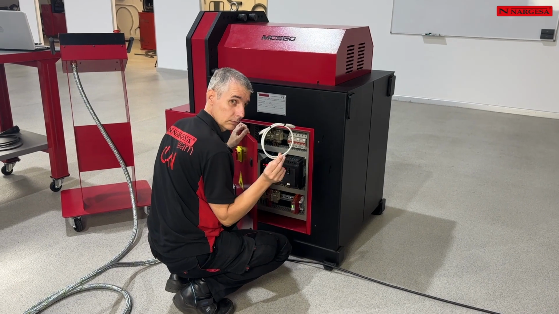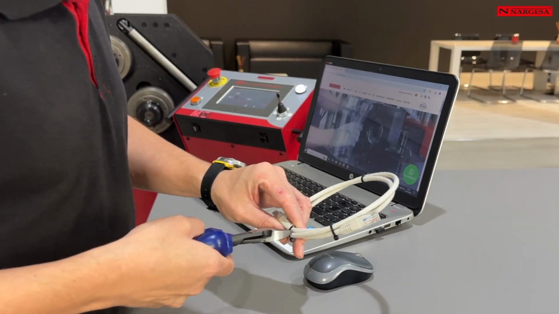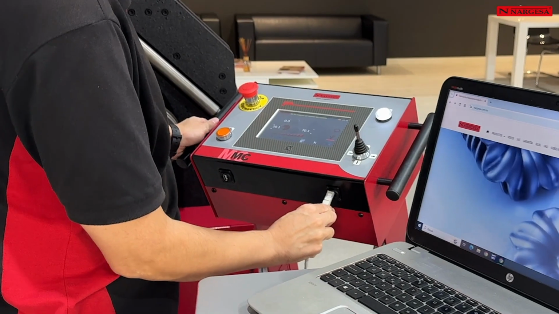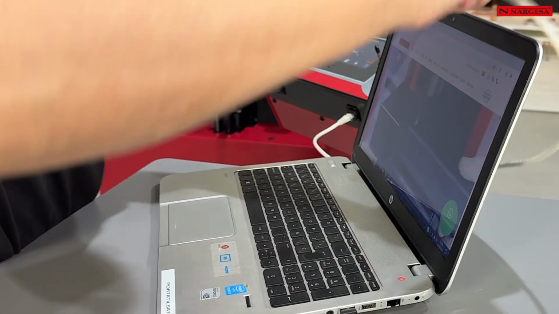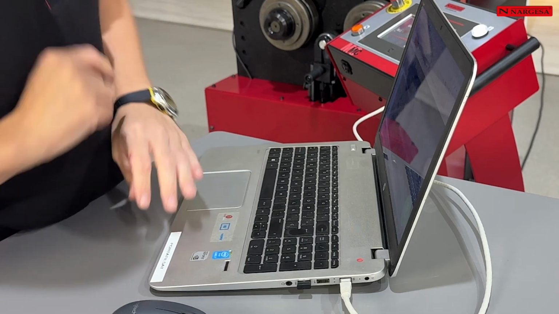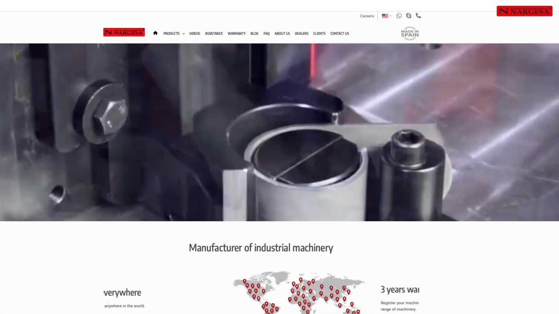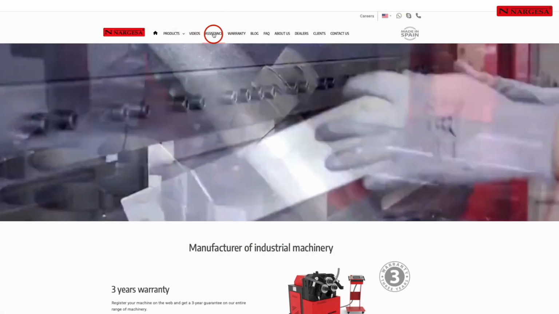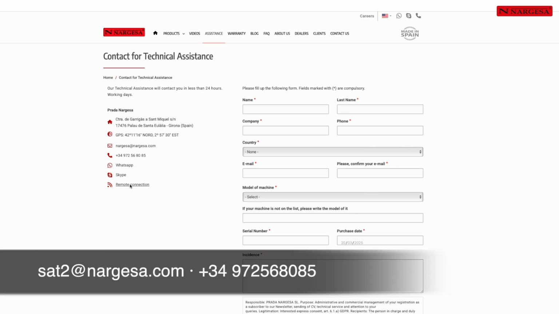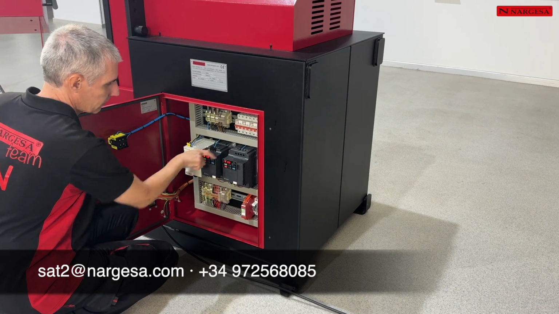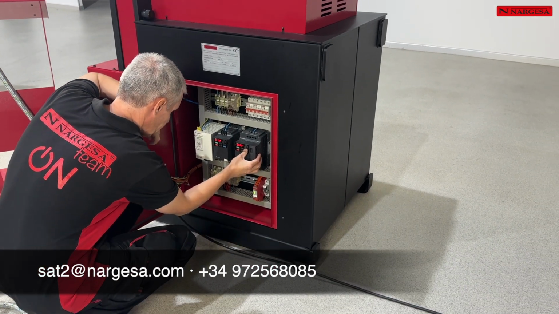Open the electrical panel and grab the Ethernet cable that comes with the machine. Cut the cable ties and connect the ends of the cable, one to the Ethernet connector on the machine stand and the other to the Ethernet connector on the PC. Go to the narhesa.com website, access the Assistance menu, and click on the link Remote Connection. This downloads the necessary software, so our technical assistance service can connect remotely to your machine and help you complete the setup. Contact us and our technicians will guide you step by step to make the necessary adjustments in the